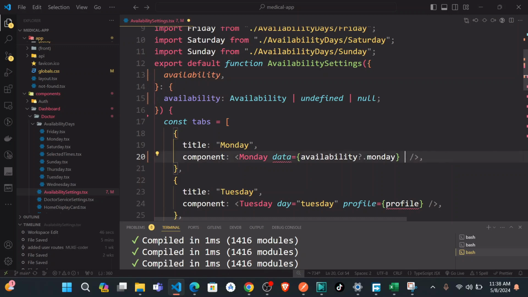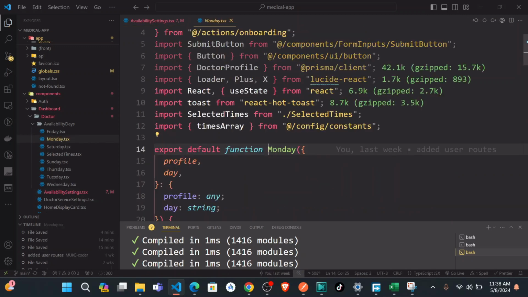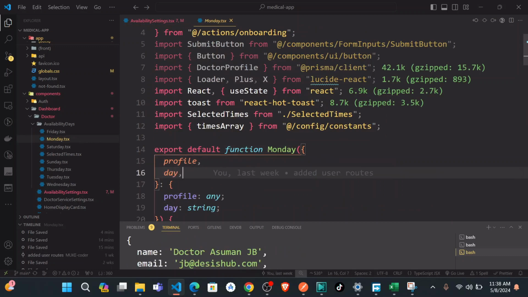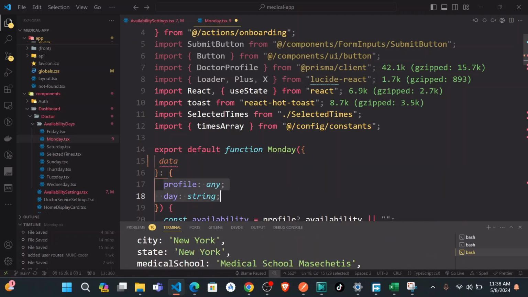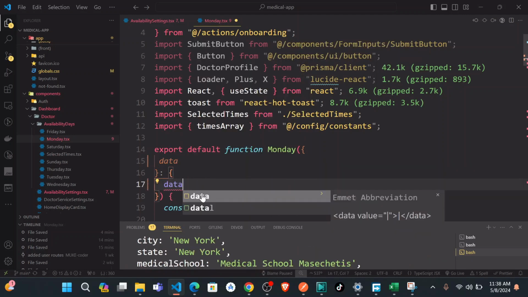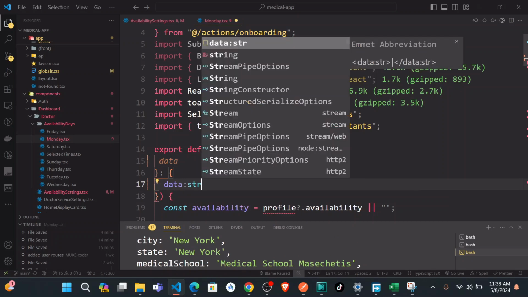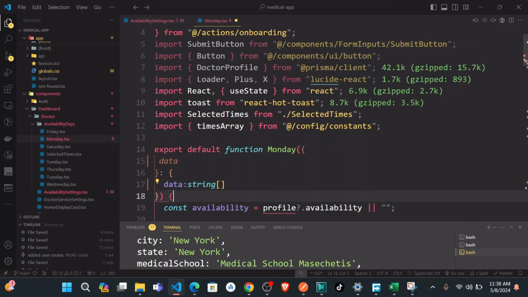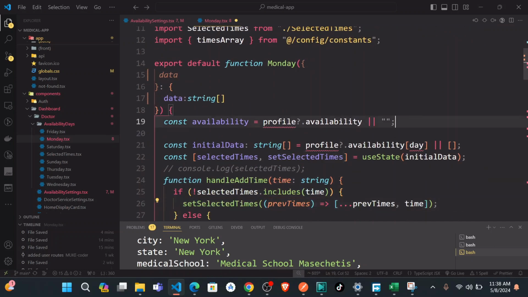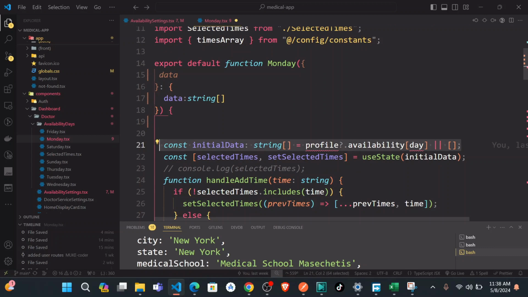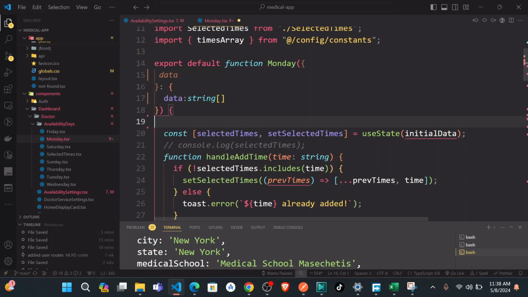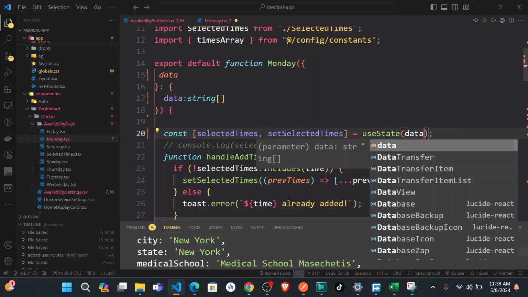And this one is useless. So go to Monday and they just receive data. So just come here and we say data, and this data is going to be, I think, an array of string just like this. So that means we don't need availability, and we don't need all this and initial data. So this would just come and say initial data is equal to data, and then we could just come and